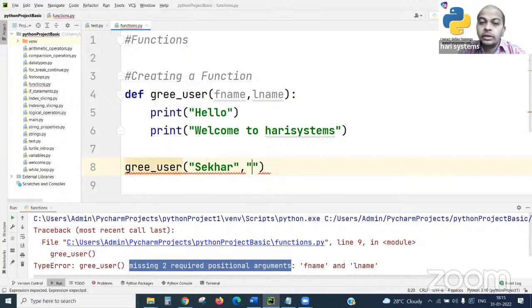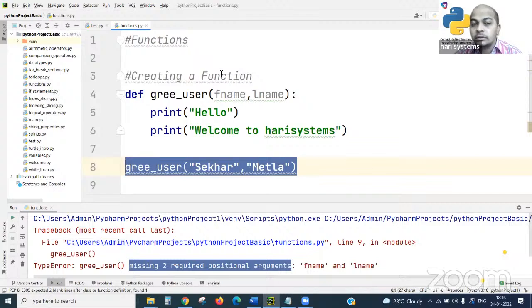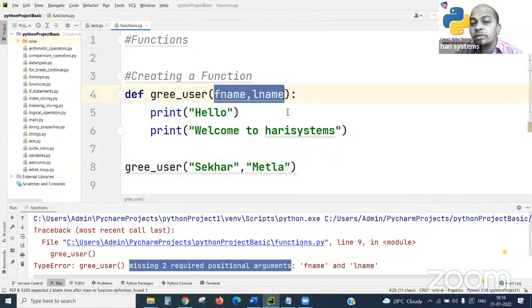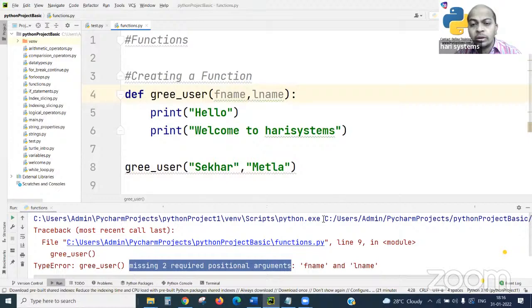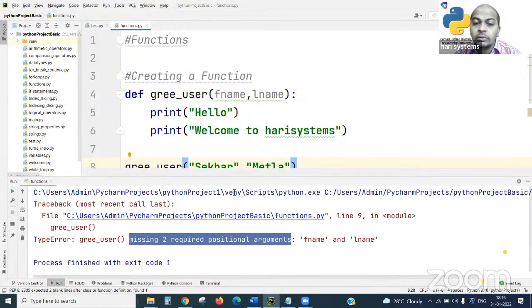The second is my initial. All right, two arguments I am passing, since these two parameters were used in constructing our function. So now, will I get any error here?